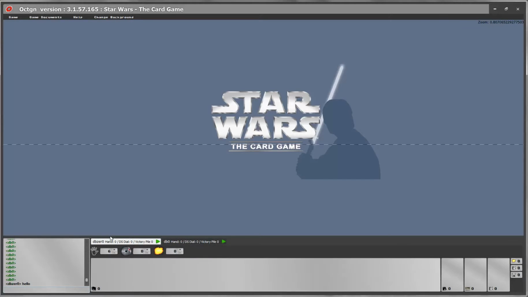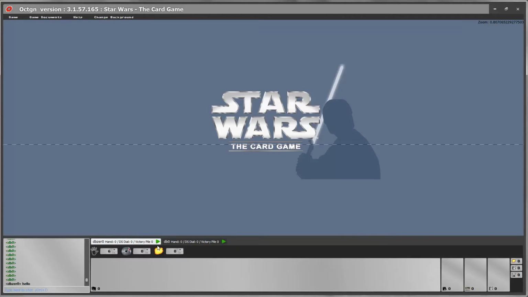And here you see your control panel where you have your reserves, the dial which is synchronized between the two players, and the objective destroyed for each player. Below that you see the space for your hand, your command deck, your objective deck, your discard pile, and on the side you have some other ones which are not so important, which is the victory pile, the remove from game pile, and the scripting pile. But the most important are the ones that are open currently.